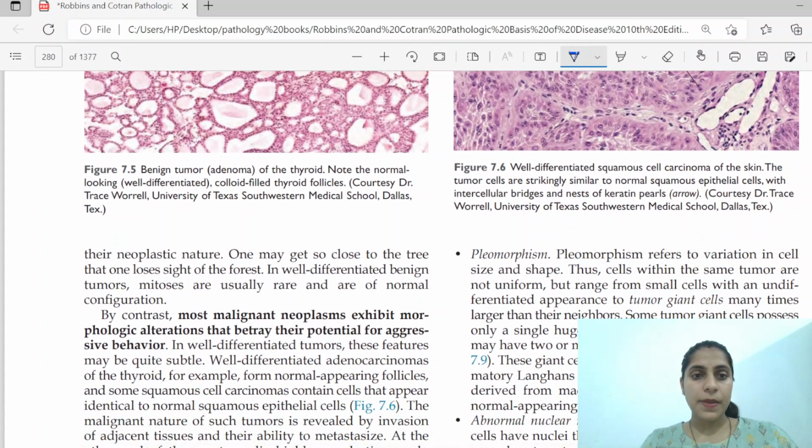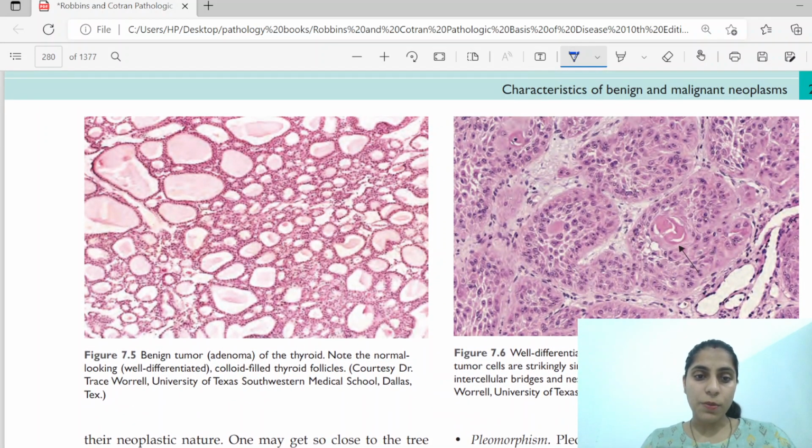So this is an adenoma of thyroid and it is very well resembling the follicles of thyroid. So it is well differentiated. This is a well differentiated squamous cell carcinoma and is very well resembling the squamous cell. It's showing desmosomes and it is showing keratin pearls. That means it's a very well differentiated